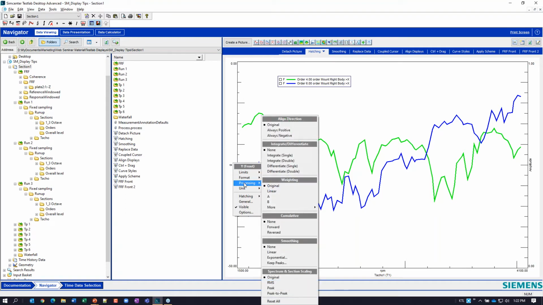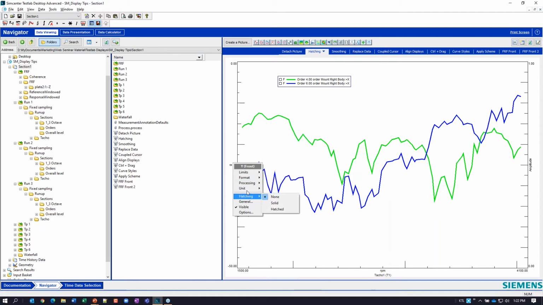Some other things I can do here is hatching, which I'll show you. There's another processing thing I'm going to show you, but I'll come back to that. This is very useful. Let's say I've got blue as our original Model 1, and green is the new prototype, and we want to just compare: did it get better or worse? Obviously you can see this, but one of the nice things you can do, by clicking on the y-axis, is hatching.